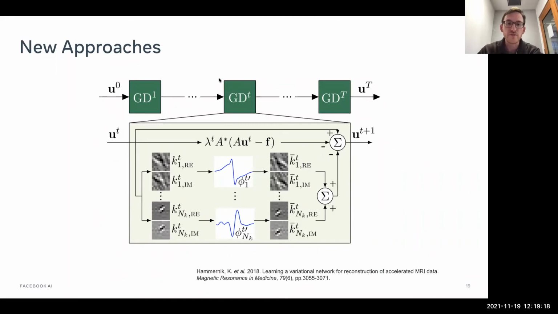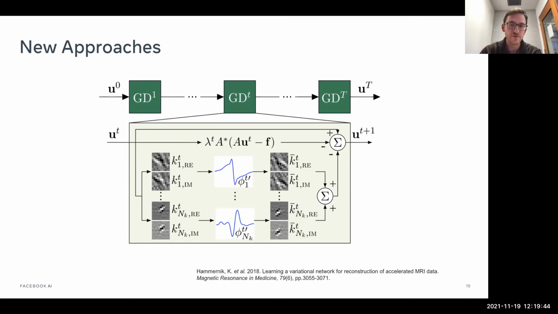So just at a high level, imagine a cost function where you have a data fidelity term and a regularizer, and then you do gradient descent on that, and you unroll those gradient descent iterations. Then you'll have this term that I have on the top here, which is a data fidelity term. So this is A transpose A times U, where U is the image in this case, and F is the data. And then down here, you would have your regularizer gradient.